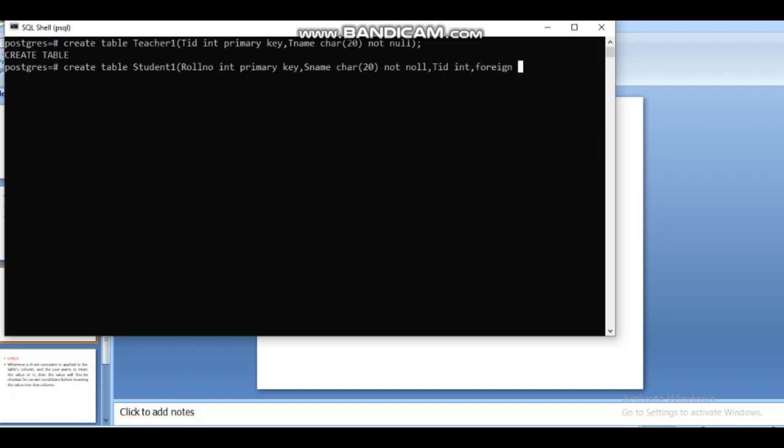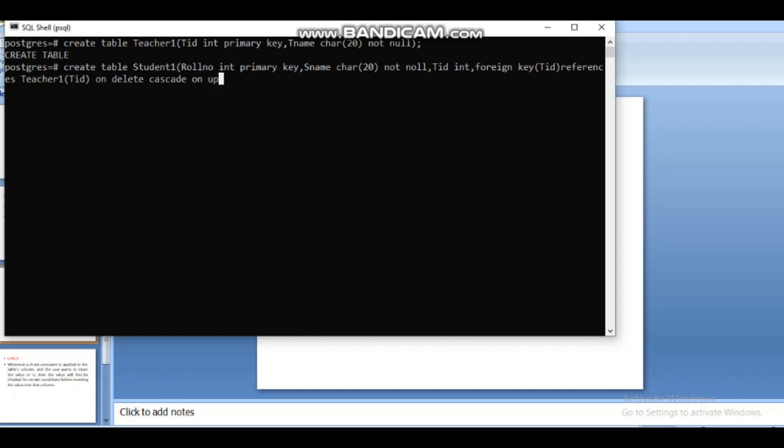FOREIGN, foreign key. Spell and type it so that the spelling will never be wrong. In the foreign key we are writing TID, bracket complete. And after this we are going to write references, spell and type, so that no mistake will be made. References. Then for this table, the reference we are giving is the teacher table. Teacher 1, right? And from that teacher table we are taking teacher ID, bracket close. And always write on delete cascade, on delete cascade,